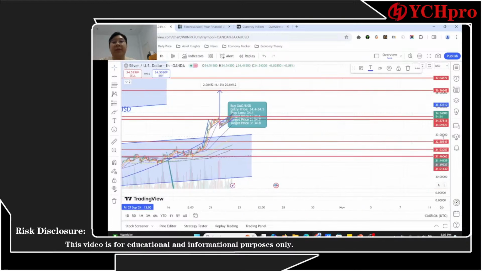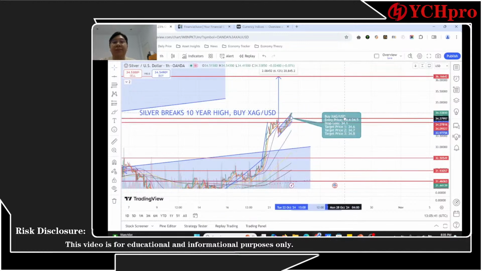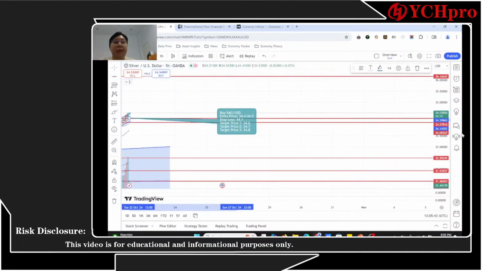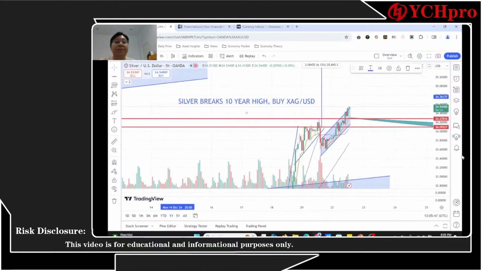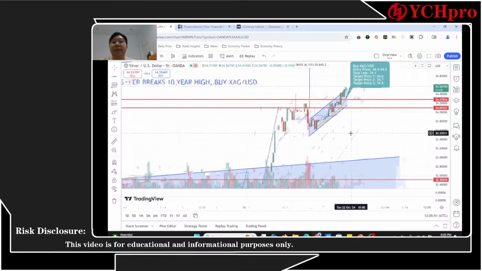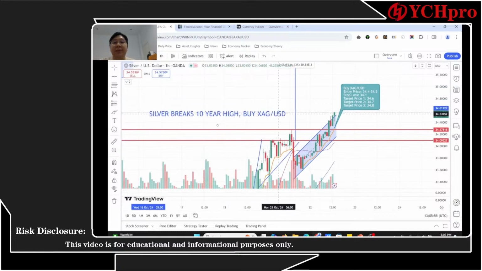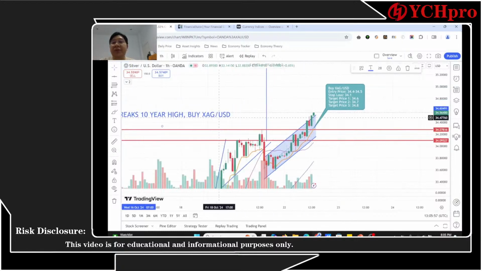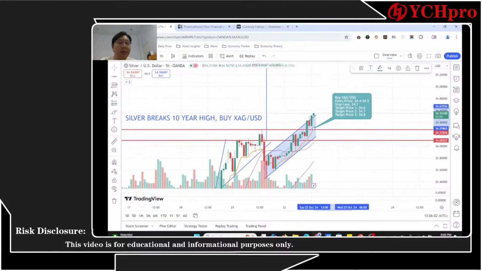So just now we were opening up the daily time frame, and I know that most of you guys are short-term traders, so I'm opening up the small time frame charts for now. So the silver price has started to jump even higher, guys. Congrats to everyone who has been following us. Right now we are in a floating profit.